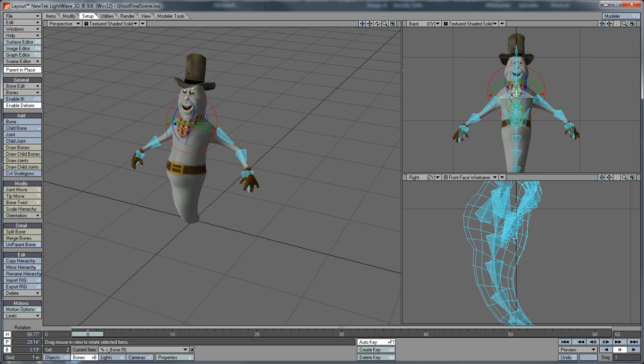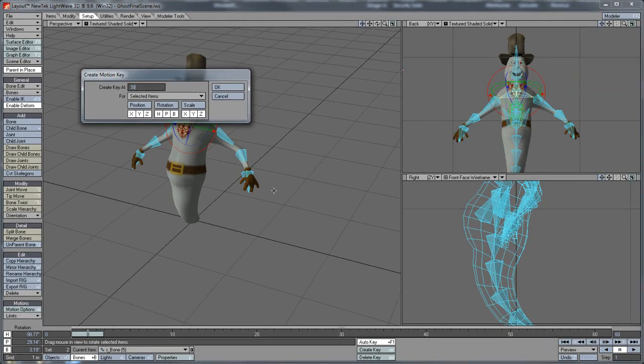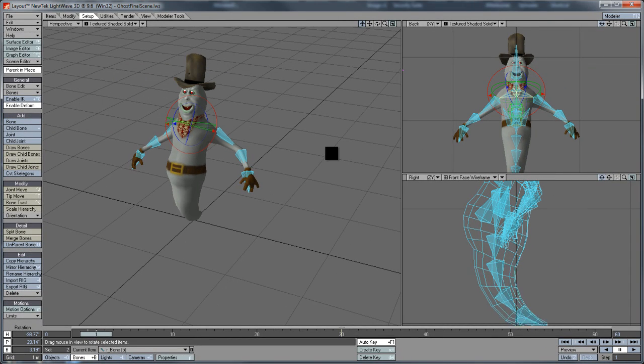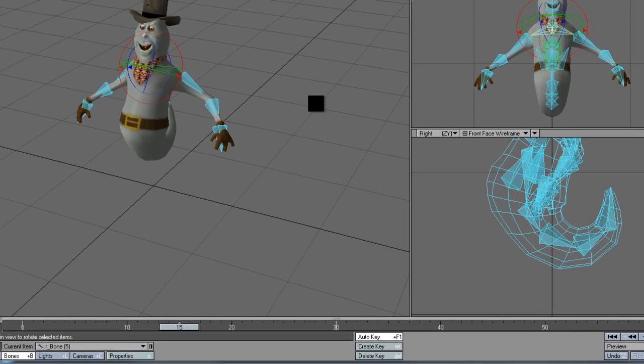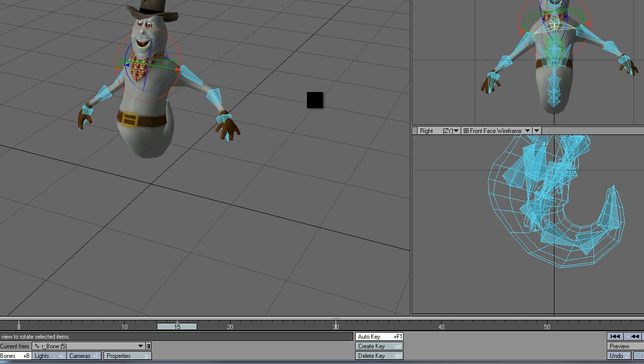So most of the rest of this video, I'm just doing basically the same thing. I'm going to set some keyframes, try and set up some kind of a looping animation. This probably isn't what I'd want for the actual or final animation, but it is a good test for it, I think. Here I'm just kind of twisting his shoulders a little bit, and I'll set the keyframe on that.